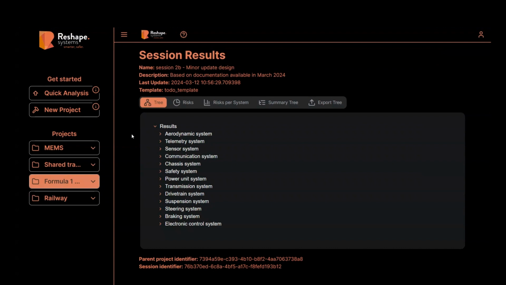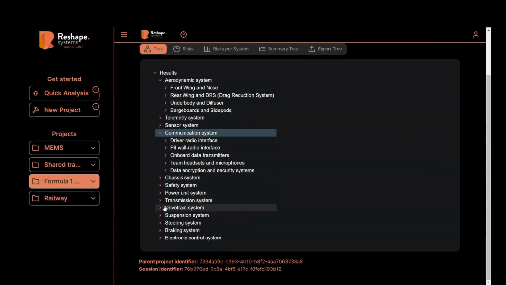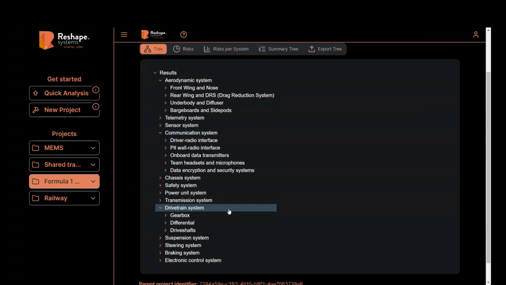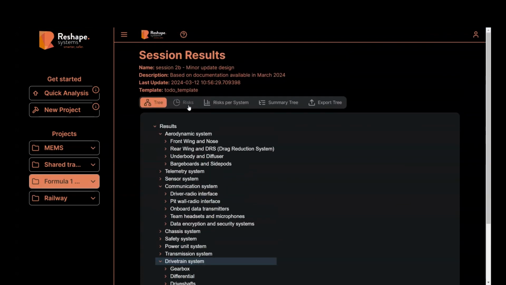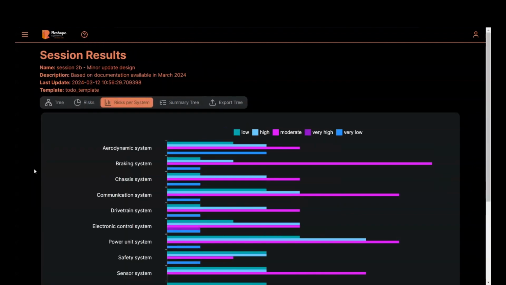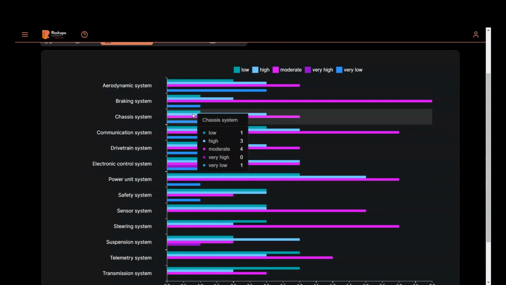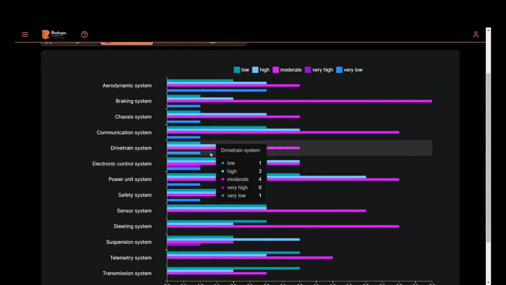The results look like this. The first result you get is a tree decomposition of your system into subsystems. This is a very visual way to represent the project. Then you get a risk distribution thanks to the classification that is automatically produced by our AI model. Then you get risk distribution by system. This is very convenient when you want to compare the impact and criticality of the different systems on the overall